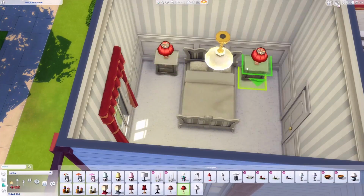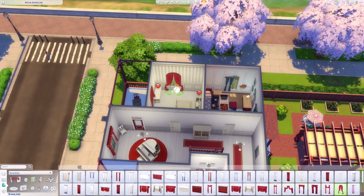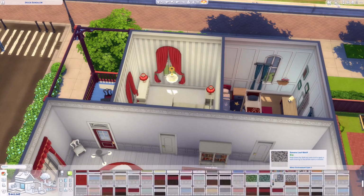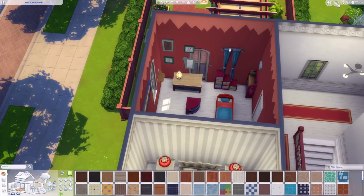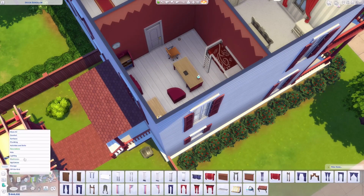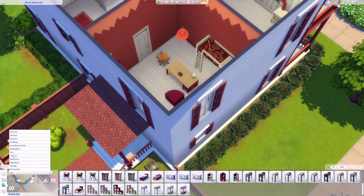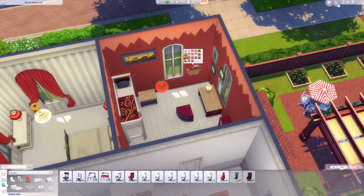But anyway, I'm doing the bedrooms here, and they're also red and white as much as possible. It was difficult finding the first bed because the ones with red bedding didn't have any white frames, so I had to compromise there. And here is a kid's room, and I would have liked to put in more stuff, but